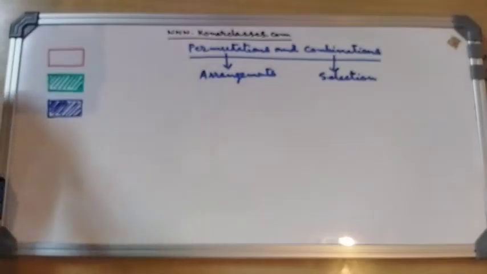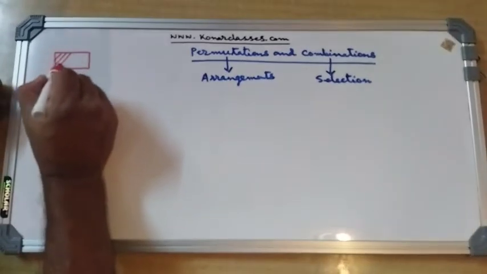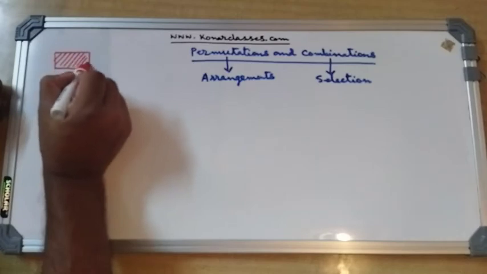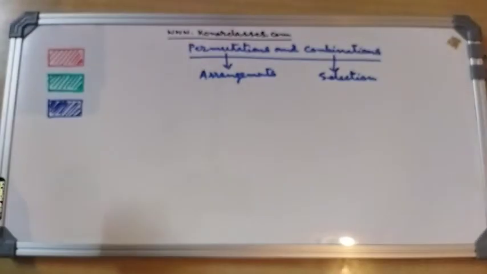But apart from these different wrappers, there is no other difference as far as the quality, shape and size of the chocolate are concerned. Now, suppose we want to take two chocolates out of these three chocolates. After taking these two chocolates, what do we want to do? If we make them an arrangement, or if we make just a selection, then the number of arrangements and the number of selections differ. Let's take the first part, that is arrangement.